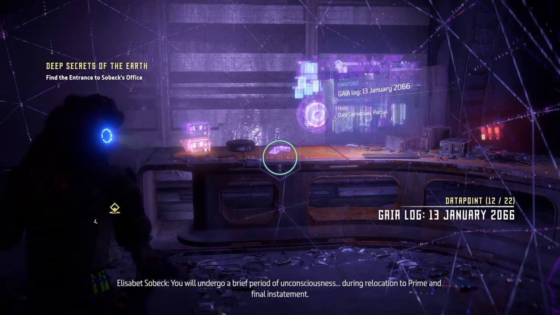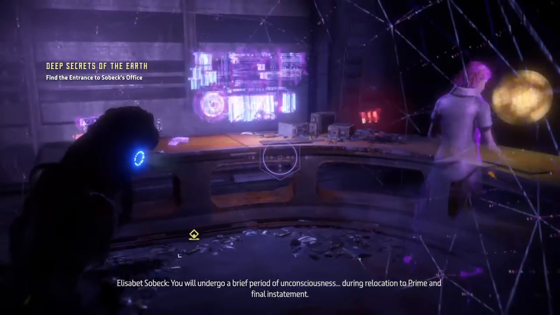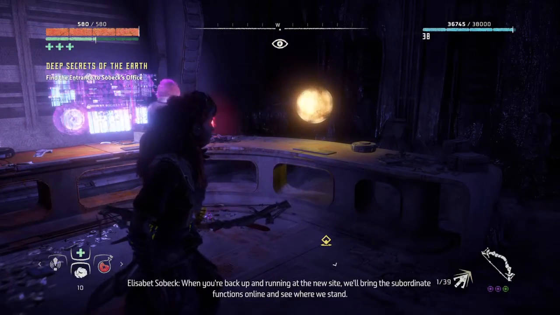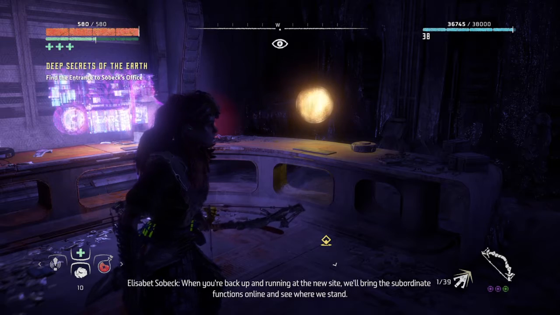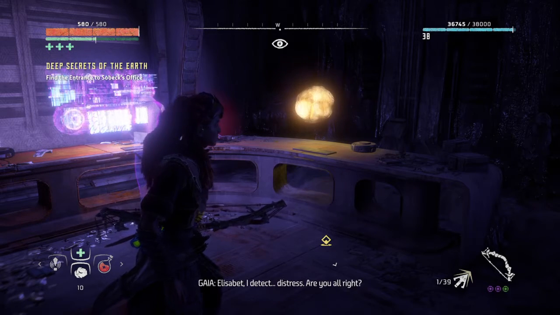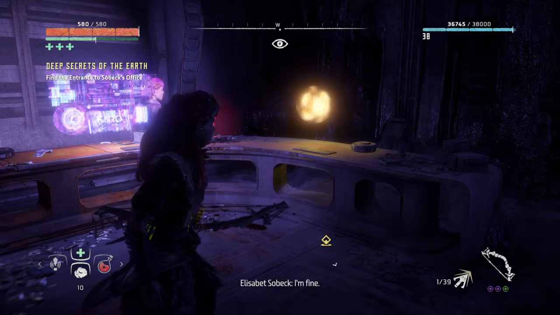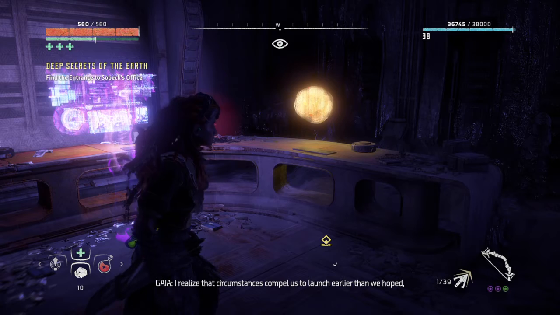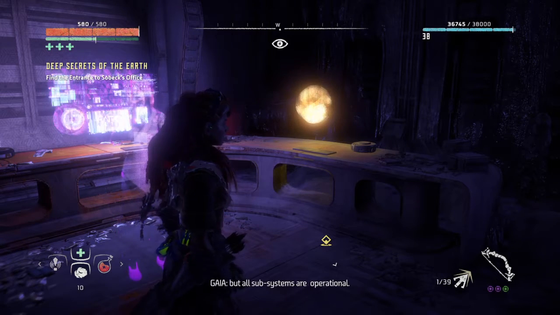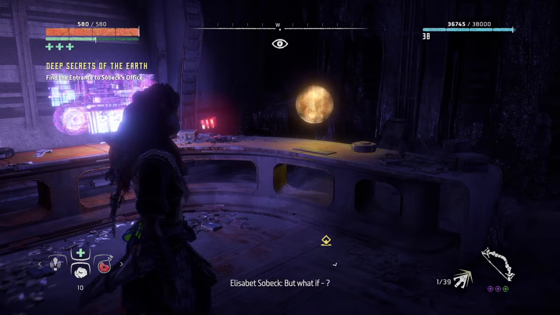You will undergo a brief period of unconsciousness during relocation to Prime and final instatement. Elizabeth, may I speak outside protocol? When you're back up and running at the new site, we'll bring the subordinate functions online and see where we stand. Elizabeth, I detect distress. Are you all right? I'm fine. I realize that circumstances compel us to launch earlier than we hoped, but all subsystems are operational. The odds stand in our favor. But what if...